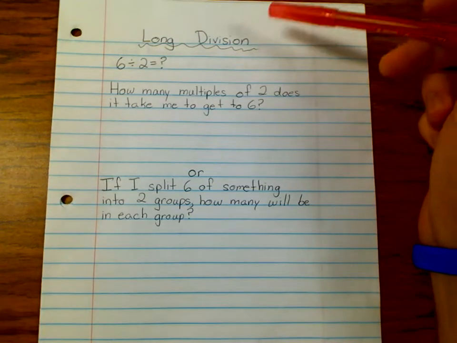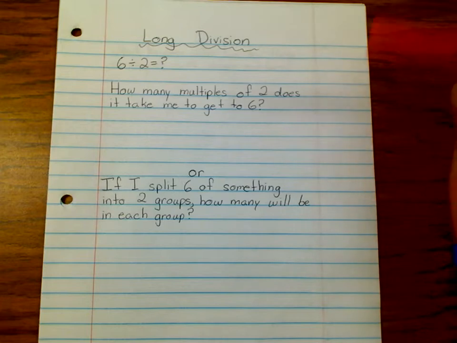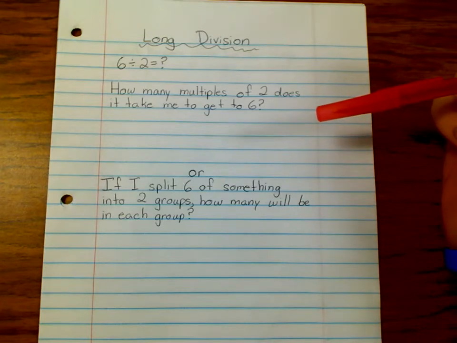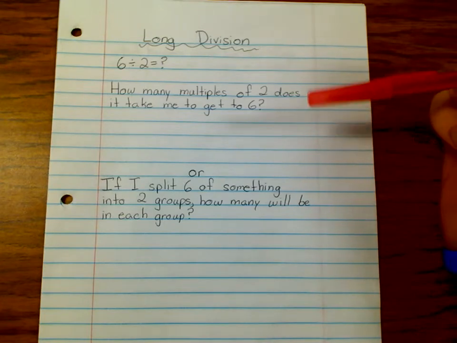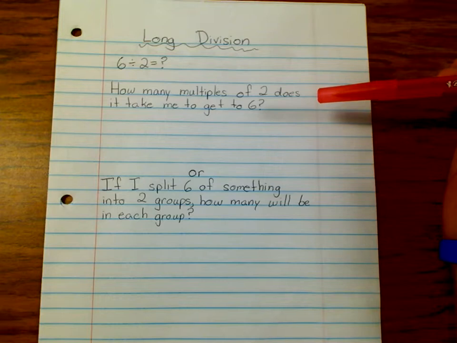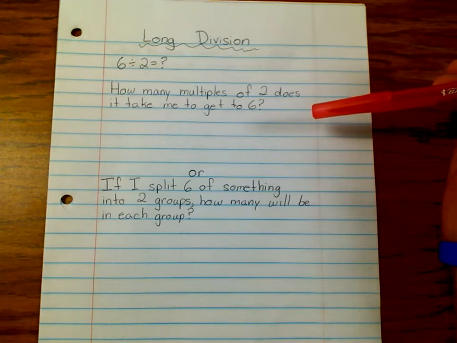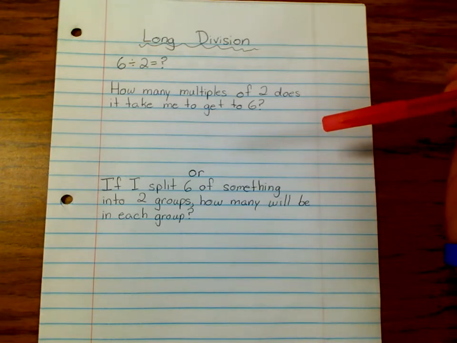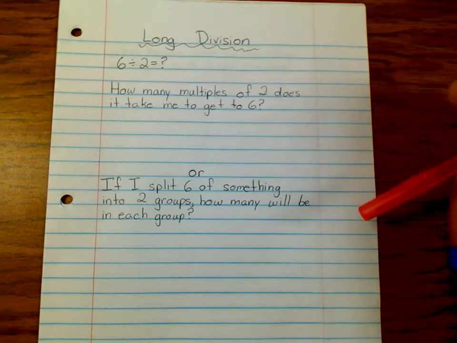Today we're going to be talking about long division. This is another strategy that we can actually use to be able to do division. Now, in simple problems like 6 divided by 2, there's two ways of thinking about this. First of all, how many multiples of 2 does it take for me to get to 6? That's pretty easy. I can count by my 2's and see how many times it takes me to get to